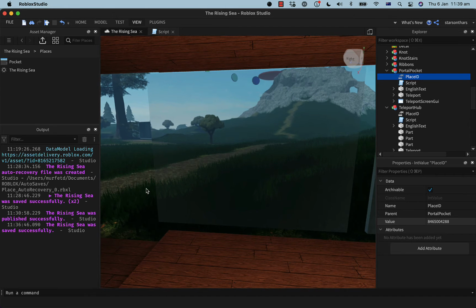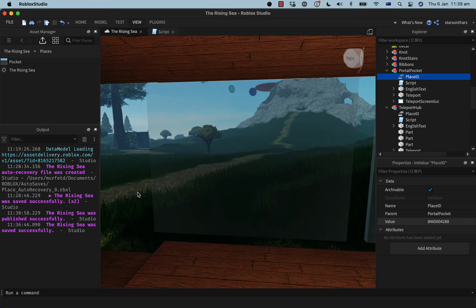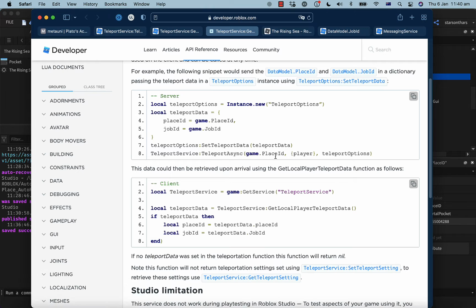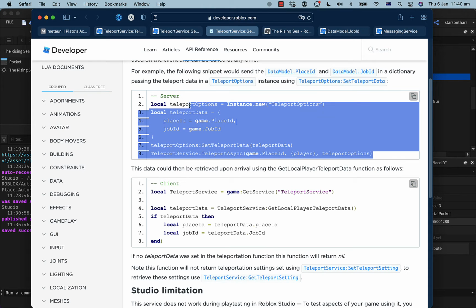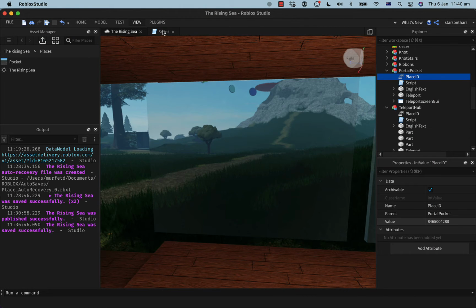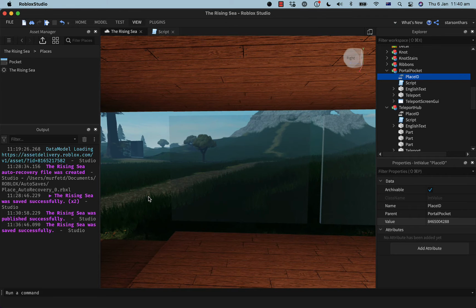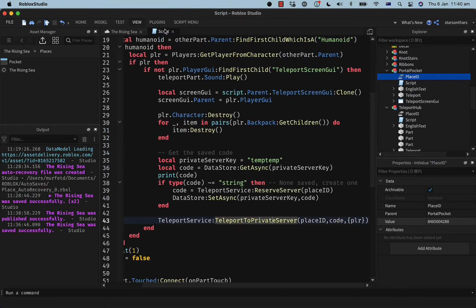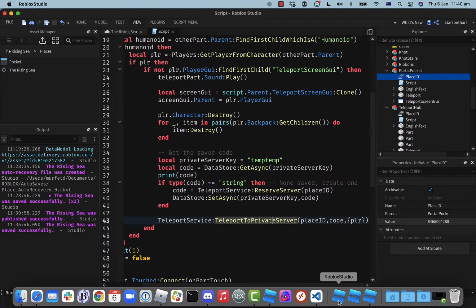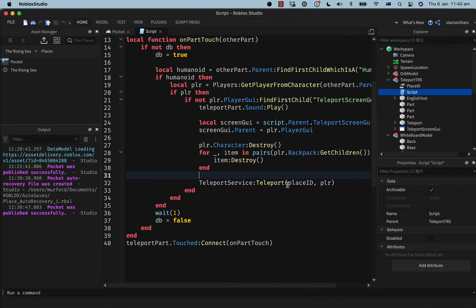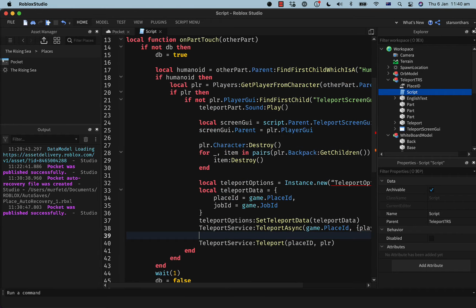Oh, I guess I could pass it when I open the server, and then the server could remember it and pass it back, right? When you walk into that portal in the pocket and you call game.JobId, isn't that the job ID associated to that private server only? Yeah, that's correct. But before I teleport in there, I don't have any way to know that. So when I come back, how does it know? Anyway, I don't need to do that. I can pass this teleport data both ways, and that'll be just as good. So I don't need to worry about these job IDs, I believe.